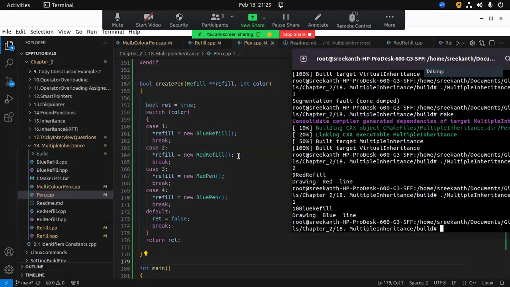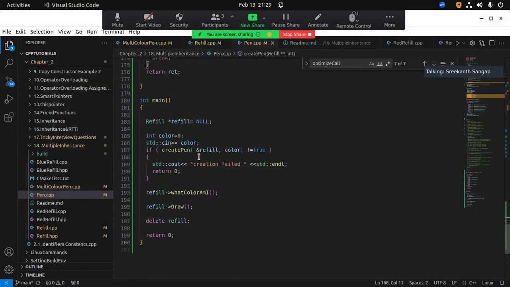Now this comes with multiple levels of inheritance, wherein you are going to have a factory which just creates pens. Whenever it creates pens, you're going to ship an empty container to which it can create a pen, and the default color with which the pen, or refill, or anything, should have this